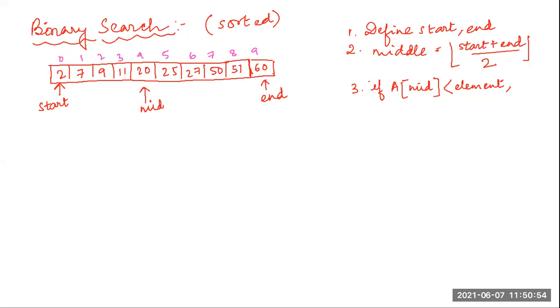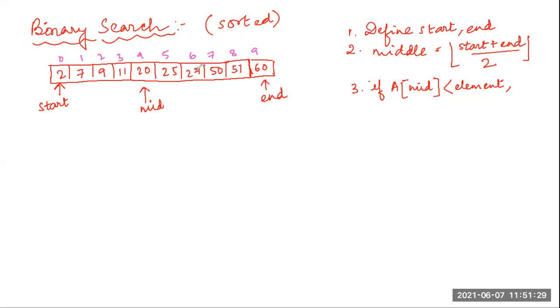No, the binary search method means this method, the way the algorithm is designed, it will only work for 1 by 2. If you want to work it for 1 by 4 directly starting from the first step, then you will have to change this algorithm. You may design that algorithm on your own. But this algorithm will start with 1 by 2, and for each iteration it will go on for 1 by 4th, 1 by 4th, and like that.